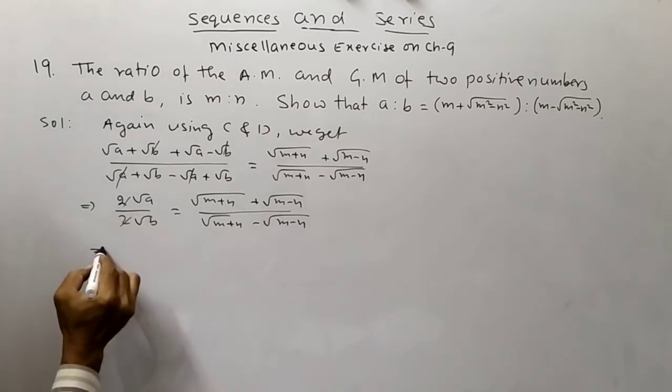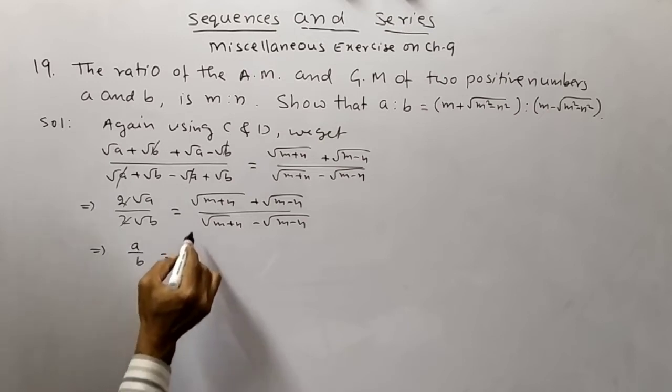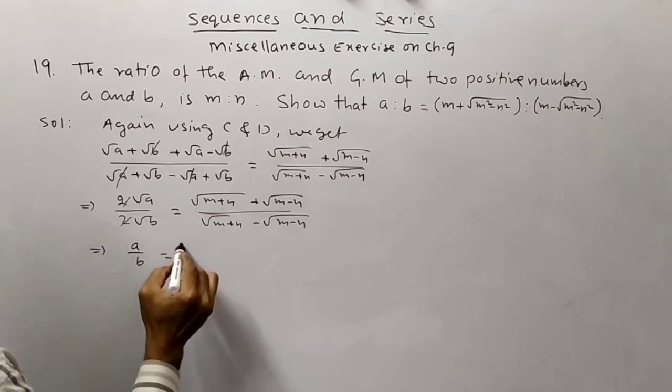Squaring both sides, we get a by b is equal to square of first term